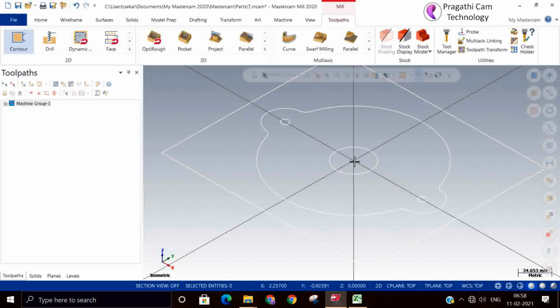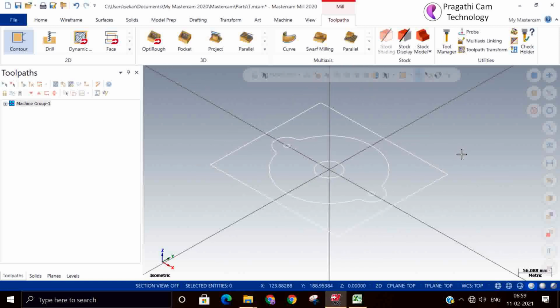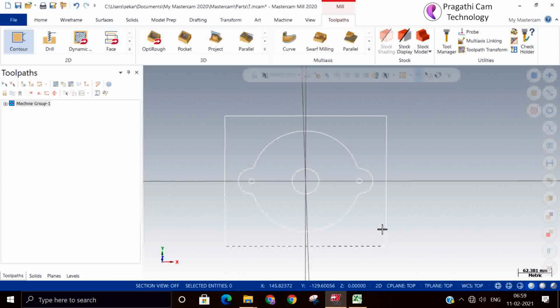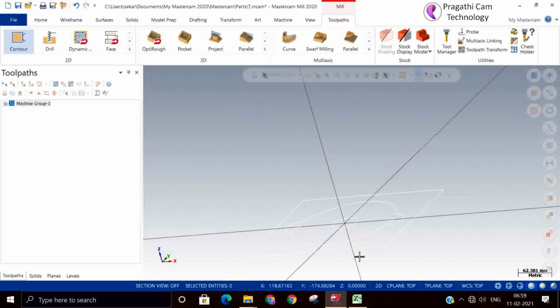Now I made my job exactly at the center. So X, Y, Z, all three will meet at the center of the job. So this is the Mastercam X, Y, Z 0. The same place I made the 0. If you make the program, it will come in all four quadrants. You can see that your geometry is there in all four quadrants. Okay, X minus and Y minus. So all four quadrants, Z plus, Z minus.